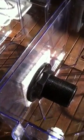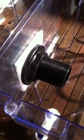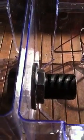So what I've done, you can see in the middle, I've actually joined them. That's actually a fitting for a water tank, and you can see I've drilled a hole in between both tanks and I've slotted that fitting in. The white bit in the middle is just a spacer because the tanks aren't exactly square on the sides. That comes with a couple of rubber washers. So I've drilled a hole, inserted them with a spacer in between the containers, and inside of that you need